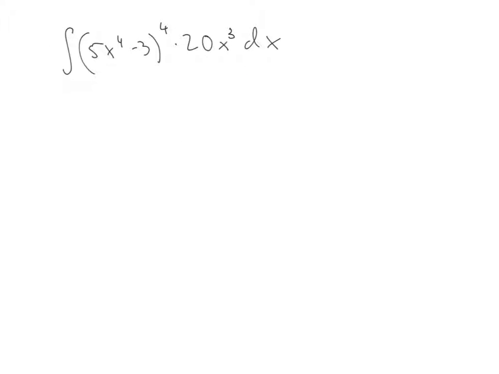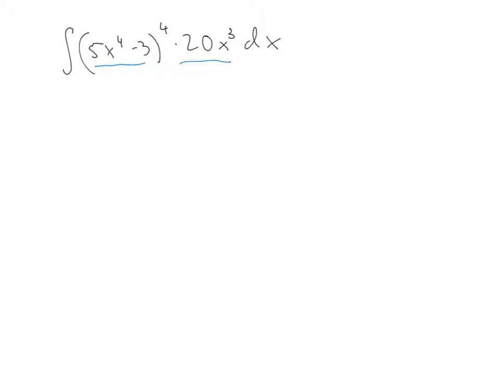So what if you have something like this? The integral of 5x to the fourth minus 3 to the fourth times 20x cubed dx. Well, when you're doing u-substitution, now that we're looking at a second example, you always begin by asking yourself, what can I make u equal to make this a simpler antiderivative? And as I'm looking at this part and this part, both of these could be candidates, but you can quickly take an